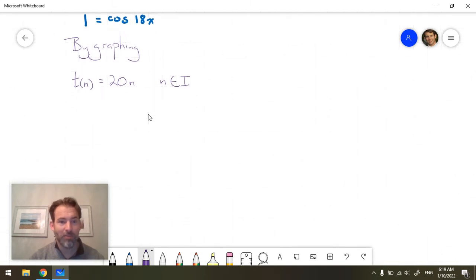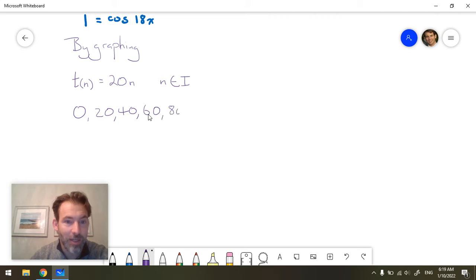So this could be written as 0, 20, 40, 60, 80, and so on, right? This goes on forever, because this generates this list as I let n be different integers. It also generates it in that direction because I told you that n could be integers. Later on, we'll be looking at sequences where we definitely have a first term. Now this gives you